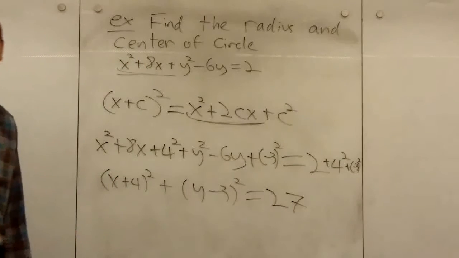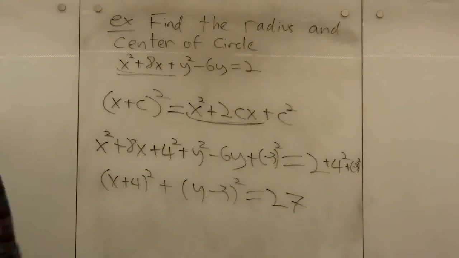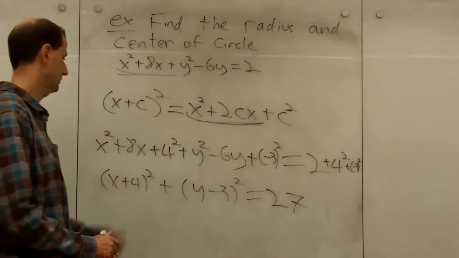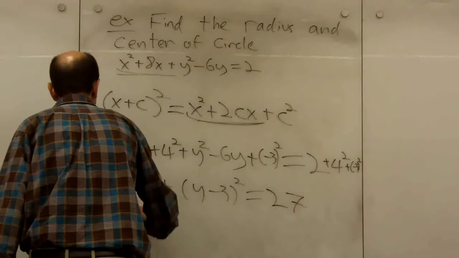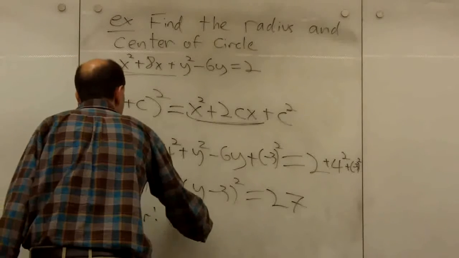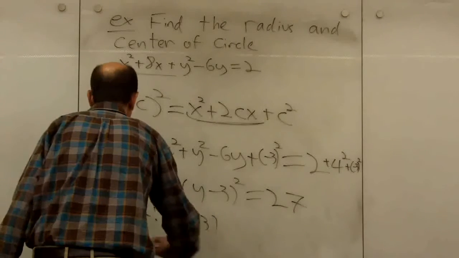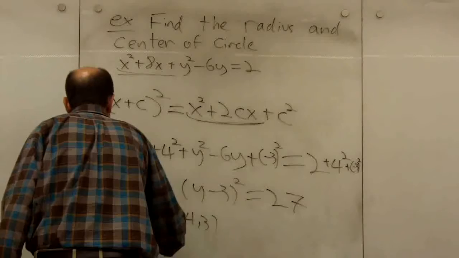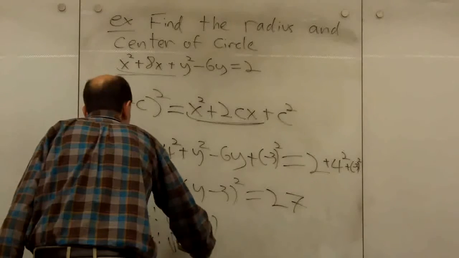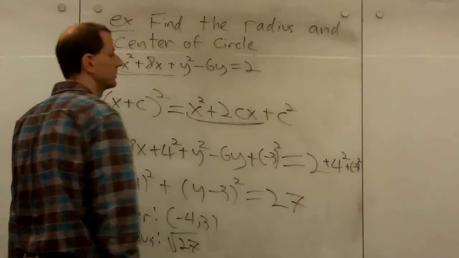So now we have things perfectly in the form x minus a squared plus y minus b squared equals the radius squared. So from this, we can simply read off that the center is at minus 4, 3, and the radius has to be the square root of 27, because of course we want the radius squared to